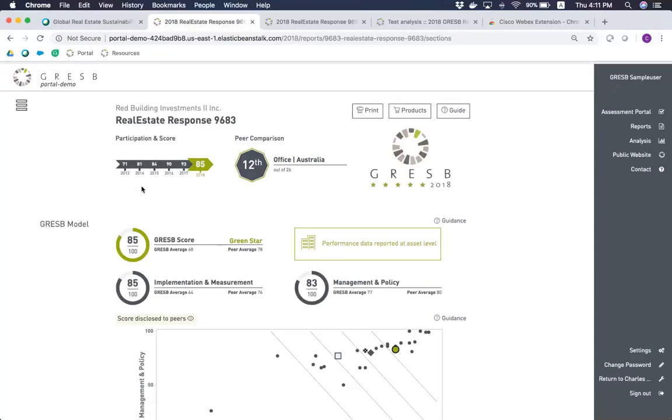So the first one I'd like to start with is the 85 here, which is essentially the score of that company called 9683. Again, a dummy company in this case, which is simply the sum of all the points that the company managed to collect throughout the completion of the assessment, shown as a percentage out of 100. And this figure is directly linked to the number of stars that the company received. In this case, 5 stars. You can see that all the stars are green,